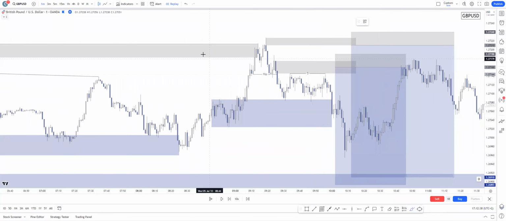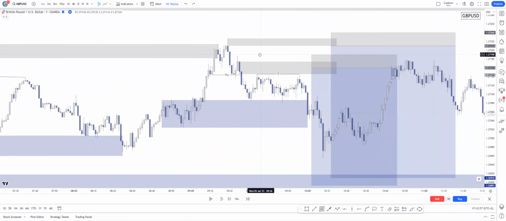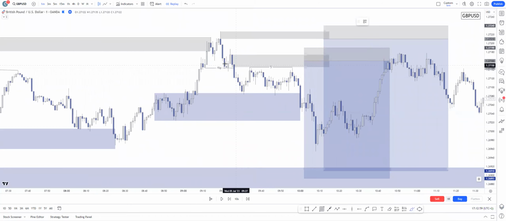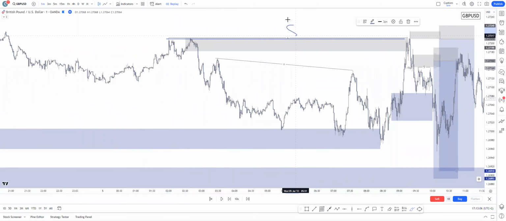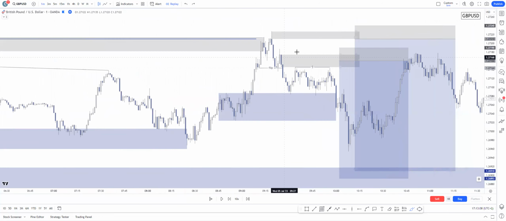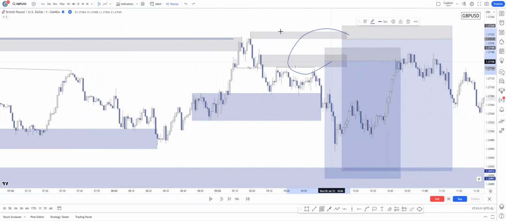So after the sweep right here, the flip of this demand happened too. As you can see, here was the reaction, but it couldn't manage to make a new break of structure. And after that, price has flipped this zone. There was a body break, and technically even a change of character happened too, because a weak one is enough on the 1-minute time frame in order to have a change of character. So yeah, the flip and change of character happened after the higher time frame zone mitigation and after the sweep of this huge liquidity pool. Perfect.